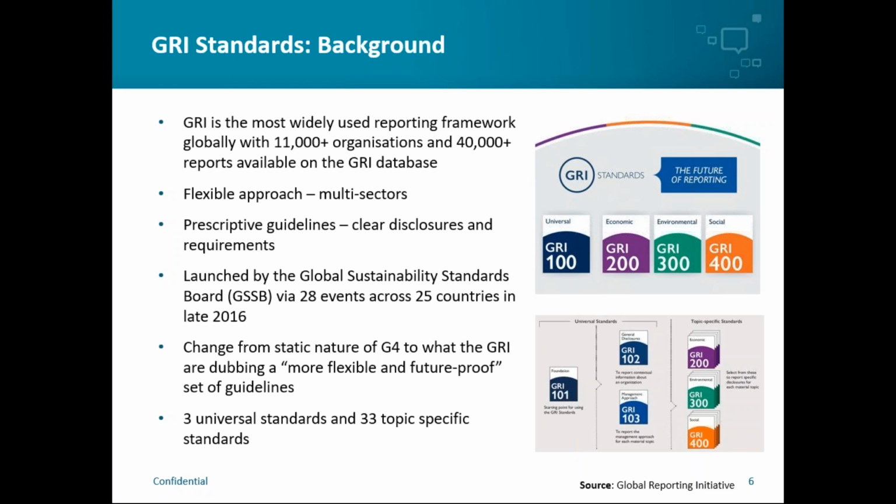So another key point is that the guidelines are very prescriptive, so all disclosures are very clear in what they require companies to report on and what they need to do. So this is quite different to some of the other frameworks out there, such as the SDGs, Sustainable Development Goals, or the UN Global Compact, as these contain much more high-level statements, and the actual reporting process behind those statements is less well defined. So the fact that GRI is very clear and makes it very prescriptive on what is needed does make it a bit easier to work out what needs to be reported.